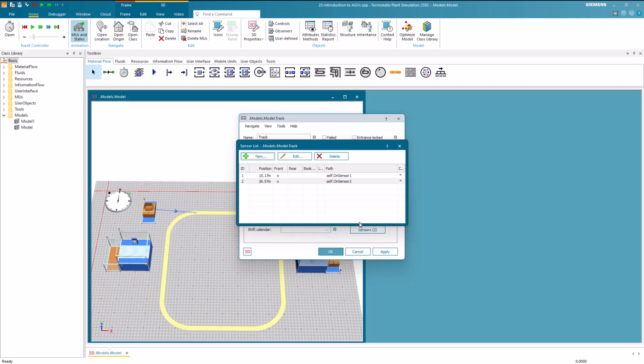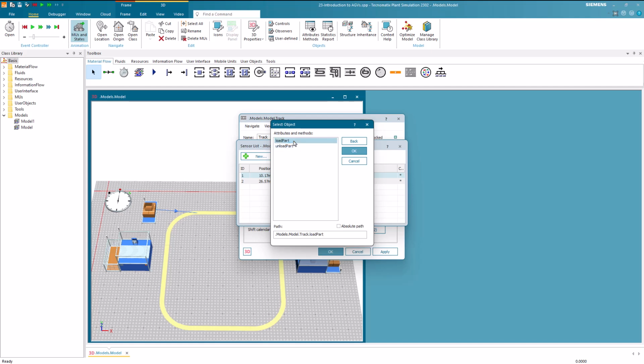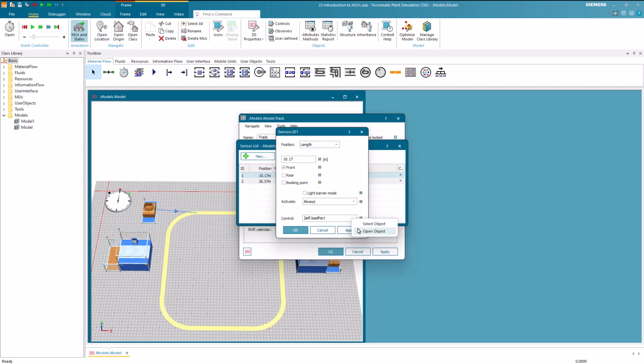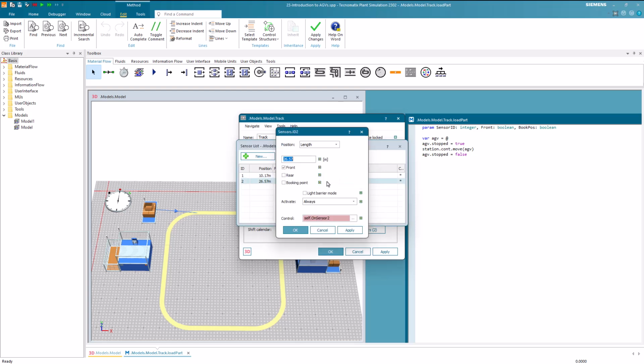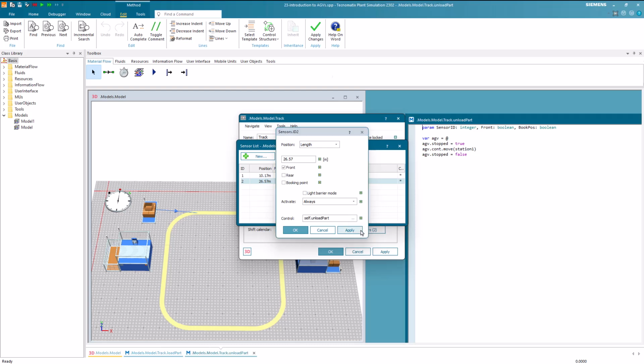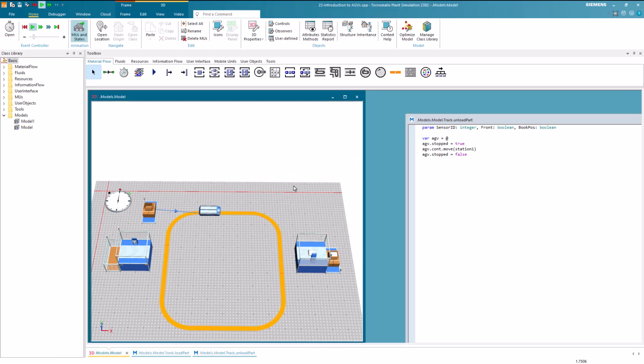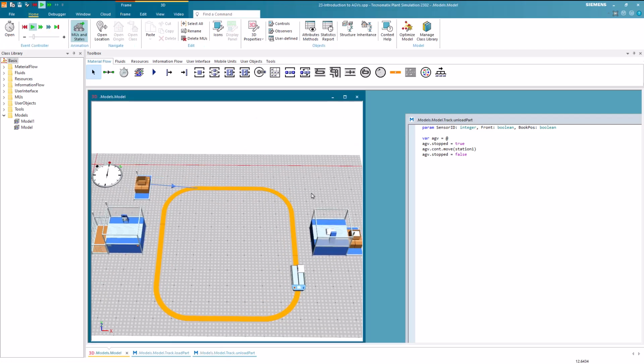From there, we double-click on the specific sensor and make the necessary adjustments. Afterwards, we can run the simulation. As we can observe, the simulation runs smoothly.